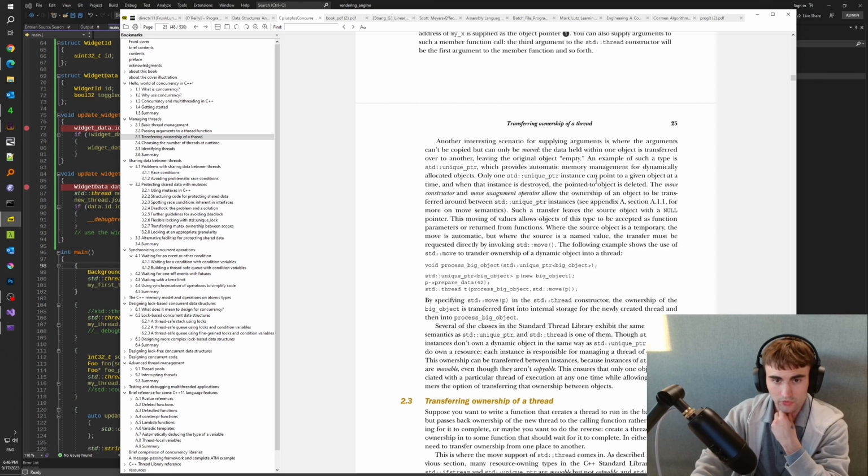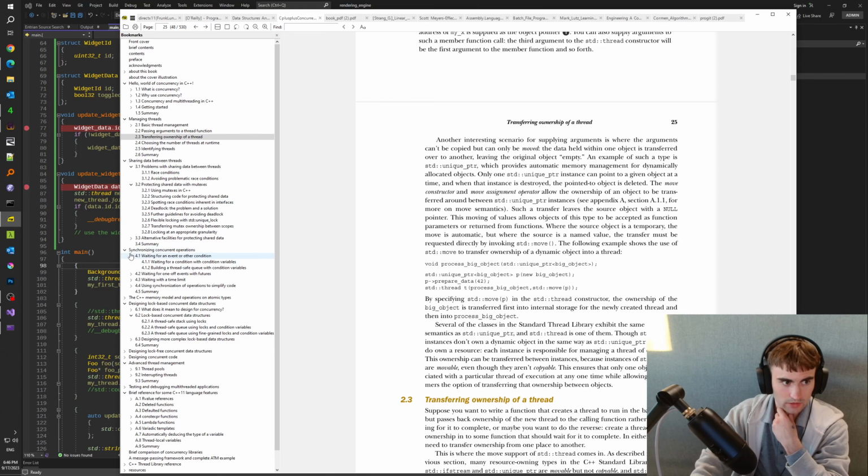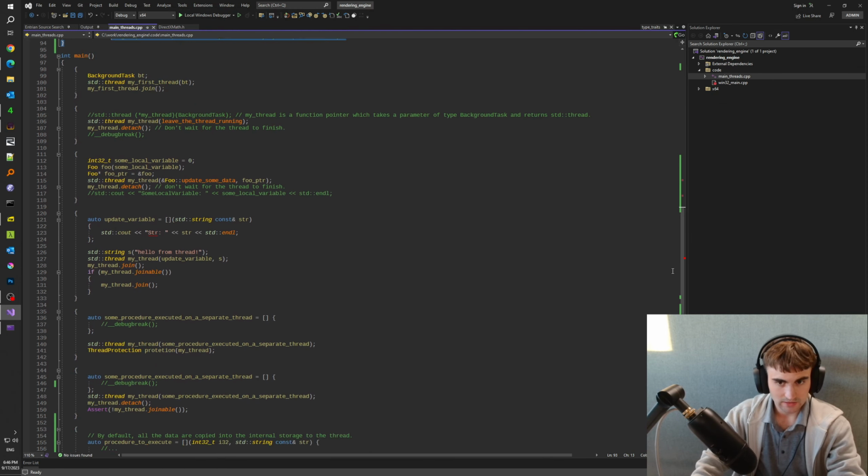Only one std::unique_ptr instance can point to a given object at a time, and when that instance is destroyed, the pointed-to object is deleted. The move constructor and move assignment operator allow the ownership of an object to be transferred around between std::unique_ptr instances. Yes, that's correct. Such a transfer leaves the source object with a null pointer. Okay, so basically what it says is